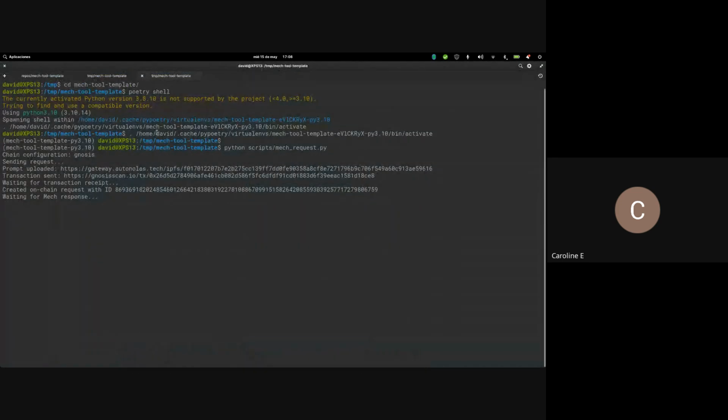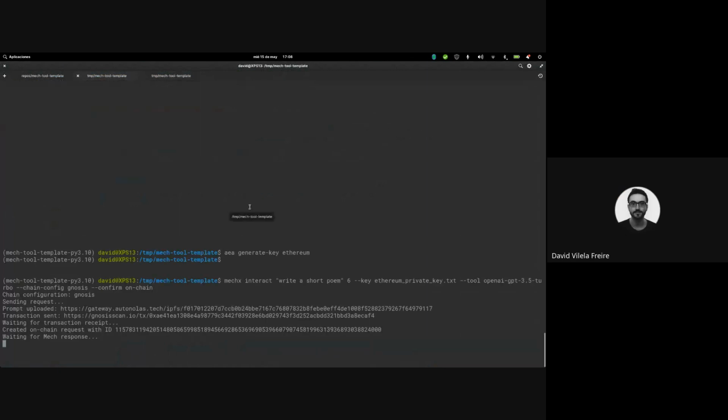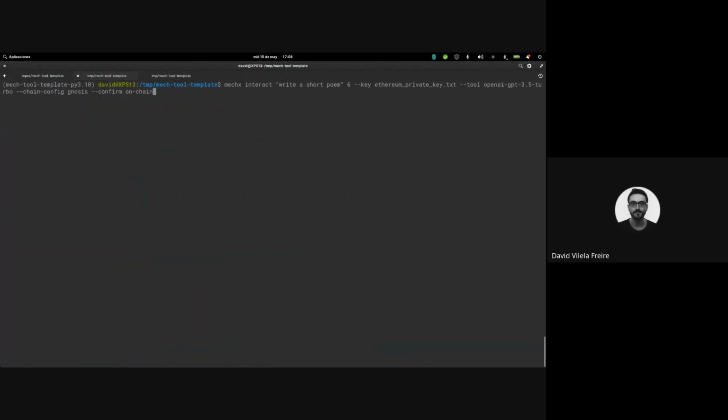How to change a target chain? Let me kill this request I did. This is the command I ran before. Here you can see that I specify Gnosis, but I could change this to Ethereum, and that's it. The only other thing that you need to take into account is that the Mech ID, which in this case is 6, also changes with the